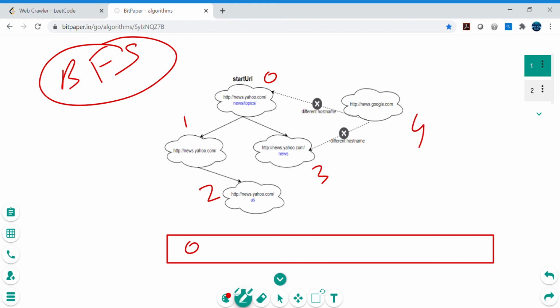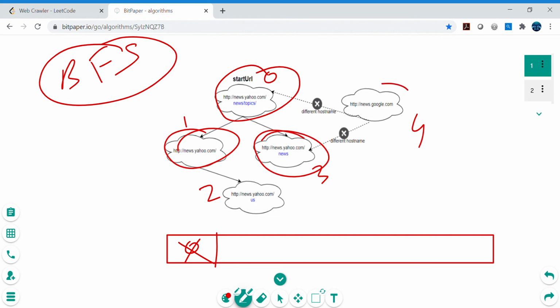So let's say we stored 0 to our queue, and then we pull this 0 from the queue, right. So we start from here now. Okay, and we call our API that returns us, let's say for example, 1, 3 and 4. However, 4 is a different host name, but let's say our API is returning these three connected URLs, because it's even dotted, but it's still connected to the start URL. So we can store that to the queue, 1, 3, 4.